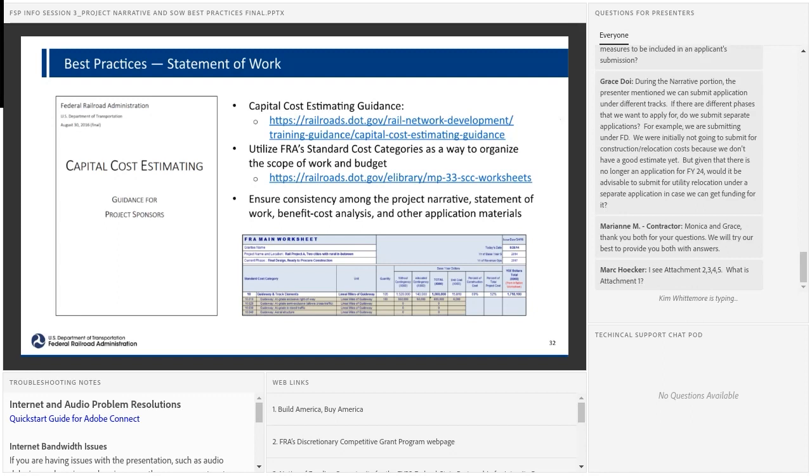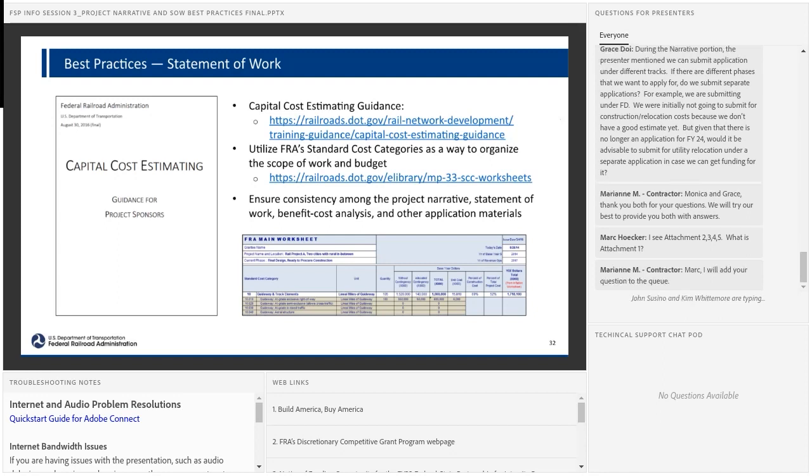Finally, I'm going to admit capital cost estimating is not my thing, but as mentioned before in the cost categories table in the budget, there is a link on our website that discusses cost categories. And there's also a link on our website to help with evaluating what your budget's going to be. So as you're preparing your application, please check our website. It is a wealth of information, not only for developing scope, schedule, budget, and performance measures, but also other steps in the application process. And once this presentation is available, all the links will be there.